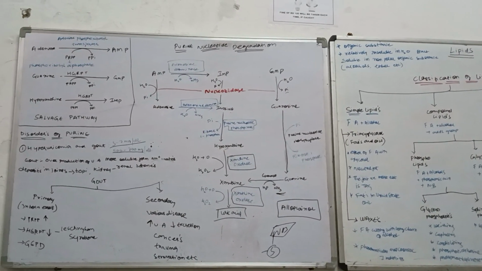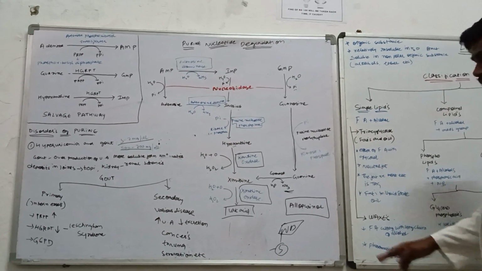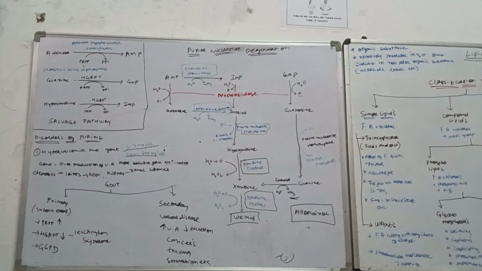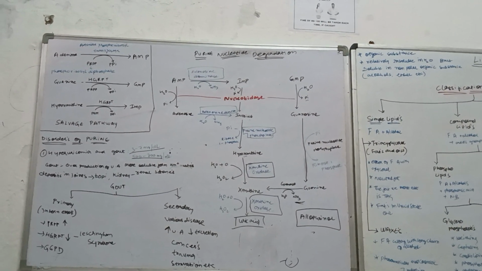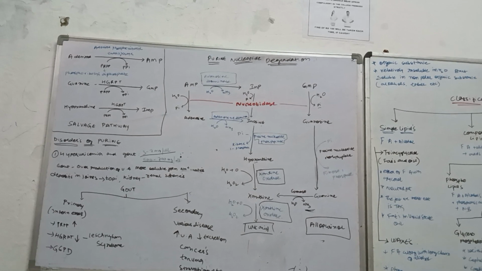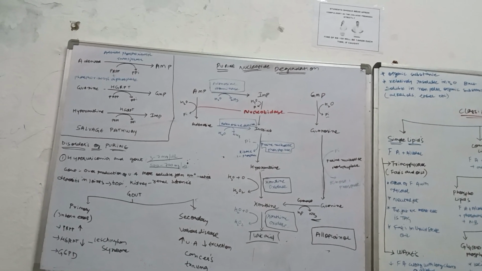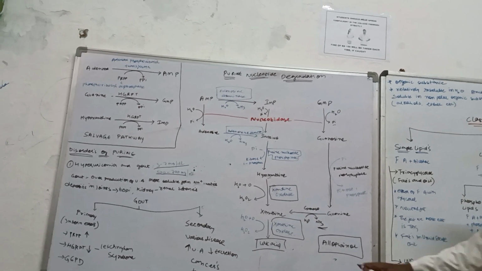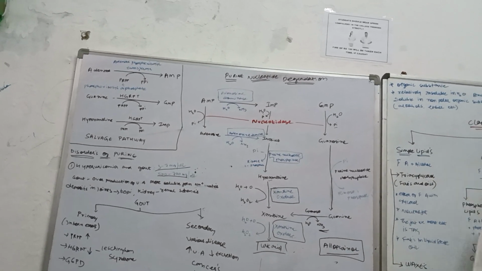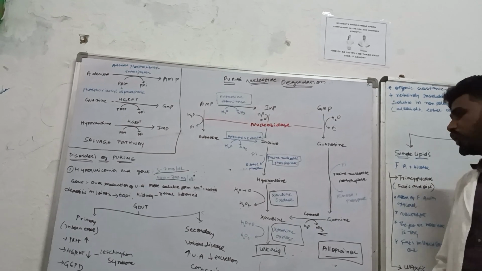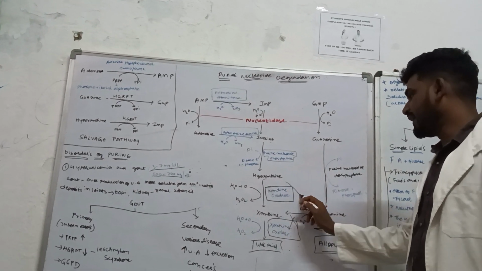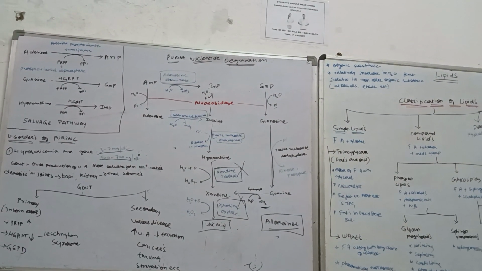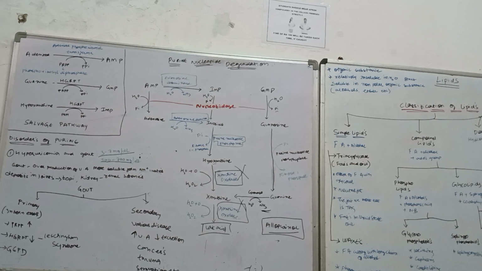Now there is a drug called allopurinol. It is the drug of choice for treating uric acid levels inside your body. If you want to correct uric acid levels in your body, the drug is called allopurinol. What does allopurinol do? It inhibits the activity of xanthine oxidase and does not let it turn into the molecule called uric acid.